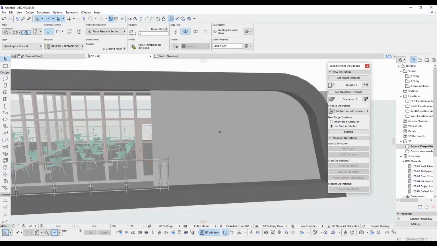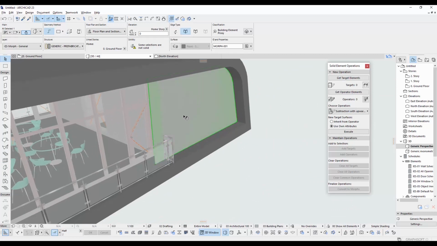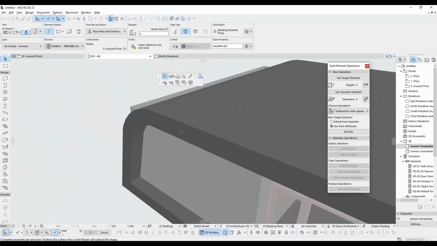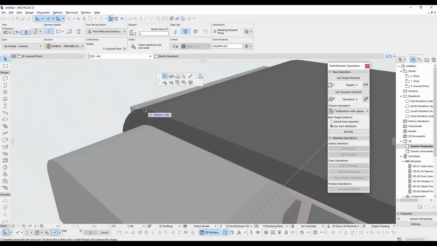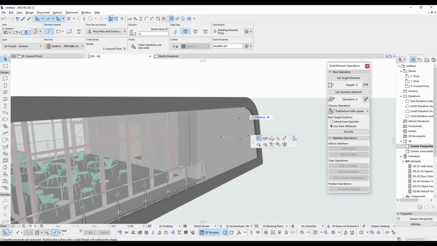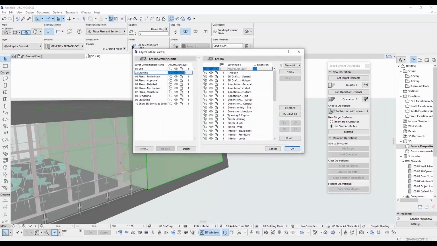I make my shape with Move tool here and extrude it among the model. After that, I'm just gonna press Ctrl+L and click the hidden layer.